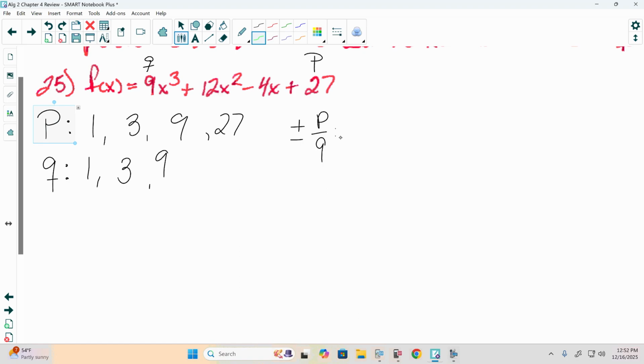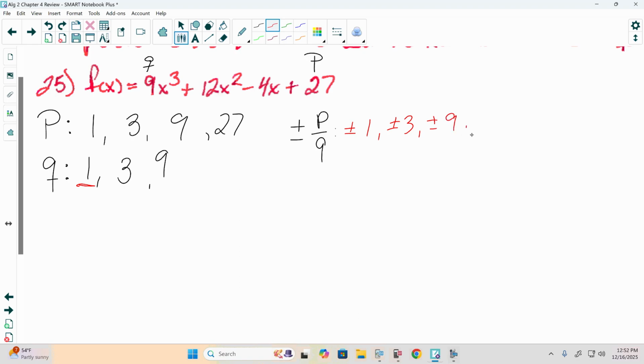Because once we get all the factors of P and Q, we're going to divide every factor of P by every factor of Q. Now, we could do it one at a time and do 1 over 1, 1 over 3, 1 over 27, and do it that way. I think it's easier and a lot nicer to make sure we get everything listed if we divide each factor of P by Q one at a time. And I always start with 1. And 1's nice to start with Q,